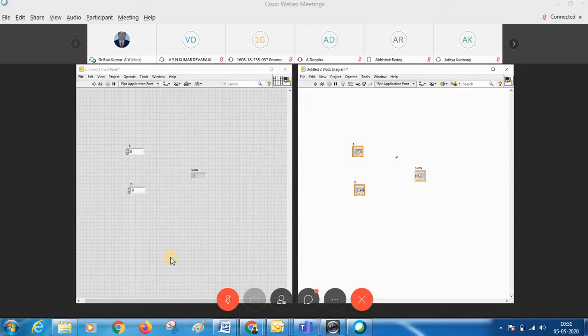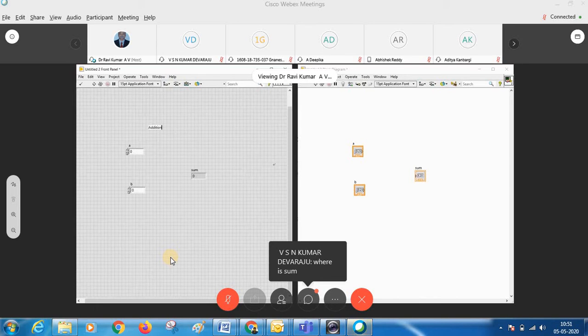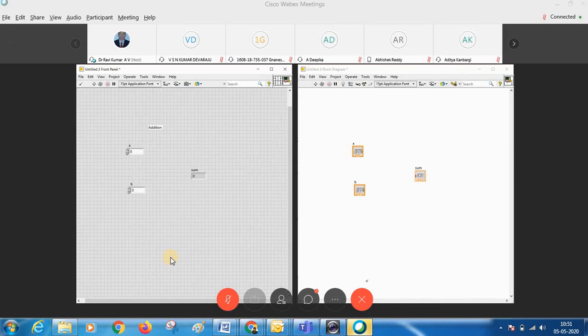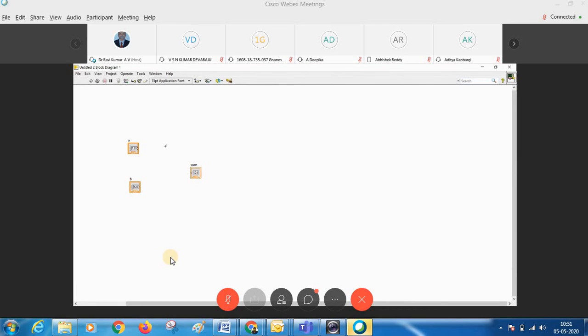As I know, in the front panel I'm getting all the icons as inputs and outputs. They can be designed with respect to user reliability, so the user can easily understand what this application means. With respect to that, I can give the name of this. Okay, this is in addition. Whatever design you can make, I'll come back later to how to do all the designing part so it's understandable for the user. Okay, so we come to the block diagram.